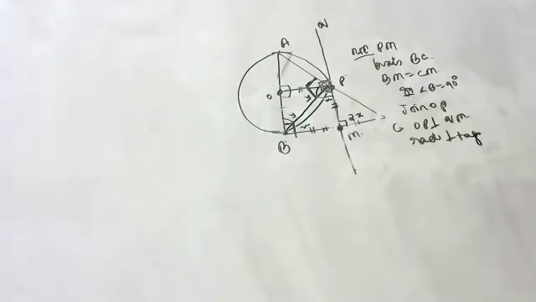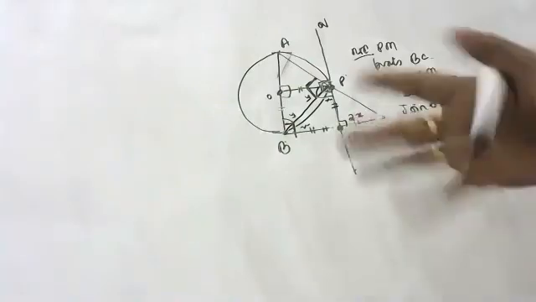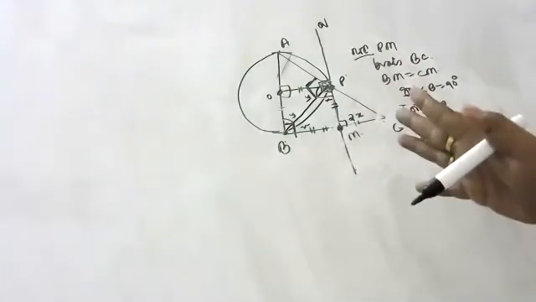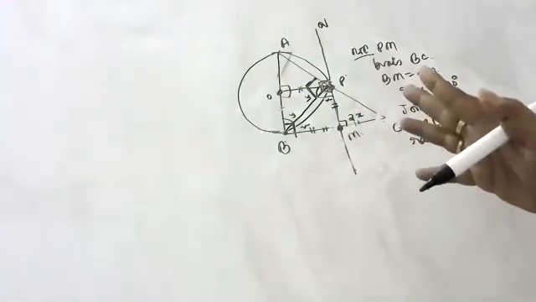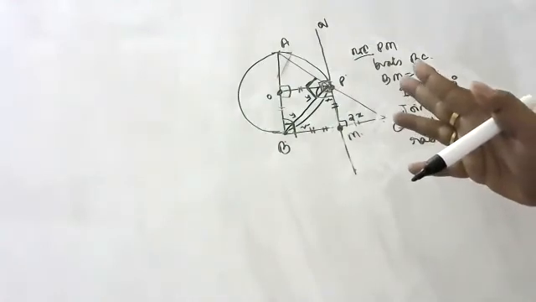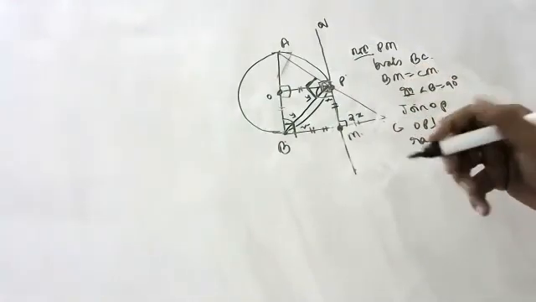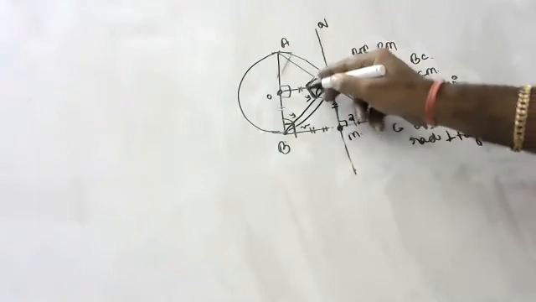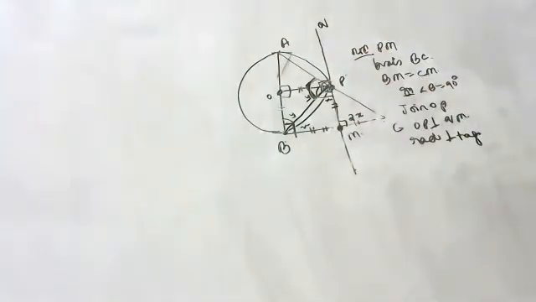Sir, is OP parallel to BC? That is not given, okay, that is not given. Children, this is 90. If this is 90,